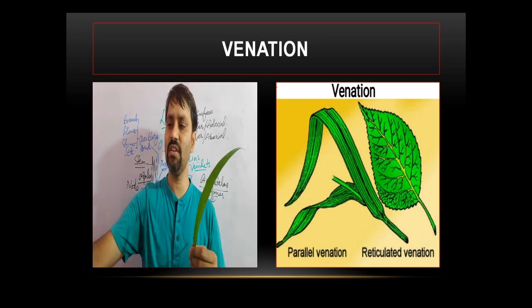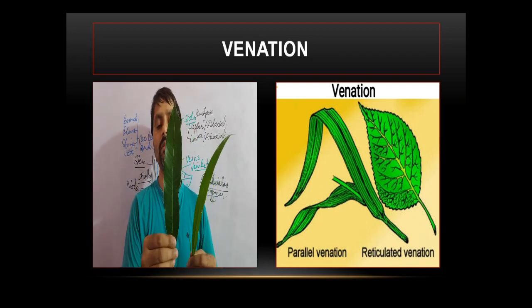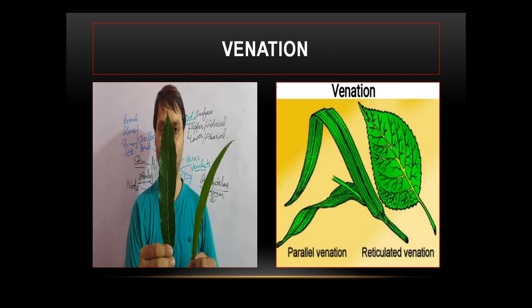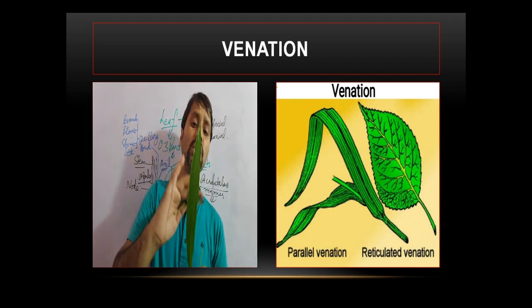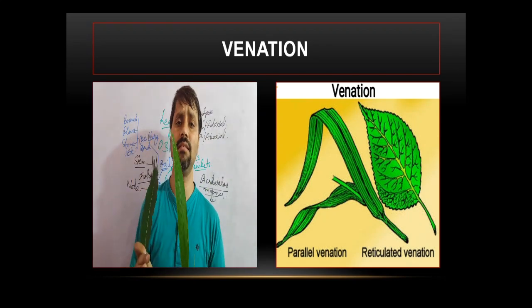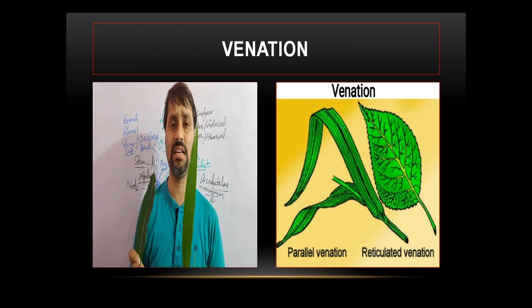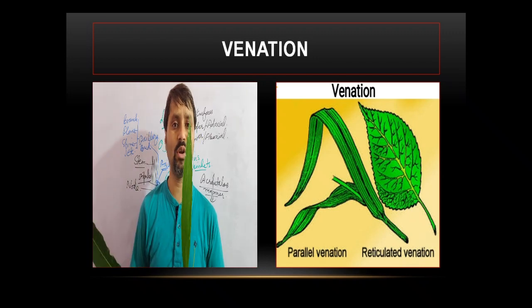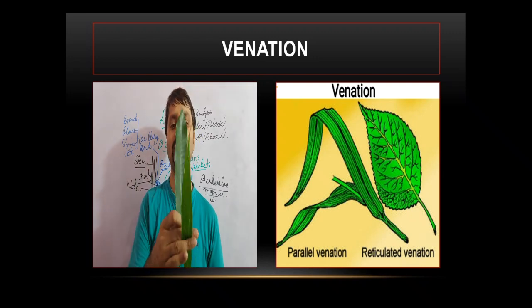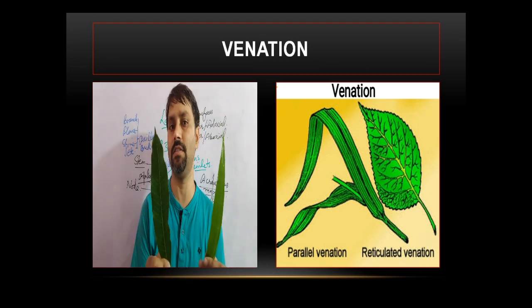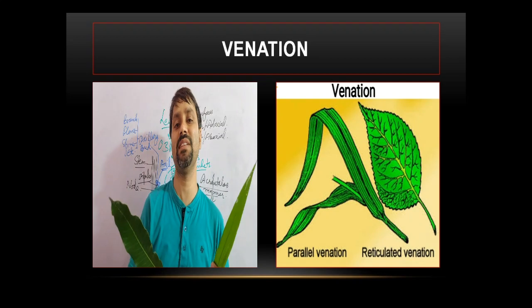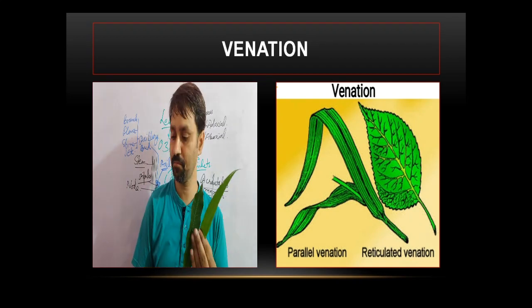And this one is the leaf of the mango tree or pipal tree with the reticulate venation. This is the grass leaf with the parallel venation. Sugarcane leaves, you can observe that one also. You have seen that also. Bamboo leaf, you have seen that also. This is having parallel venation, and this is the reticulate venation. Why parallel and why reticulate venation? And what is that venation basically?